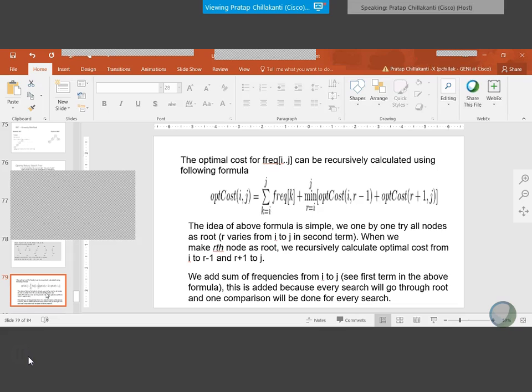Now the first element corresponds to the root, okay? Plus minimum of the rest of it, right? You already did k. So you take i to r minus 1, then from r plus 1 to j. It's a mathematical thing. You can easily figure that out. I gave you the explanation there. And then you add the sum of the frequencies. That's what we have done in that simple example. Now you can convince yourself that that formula works as homework. But for now, we'll move on because I want you to practice your code. Okay.